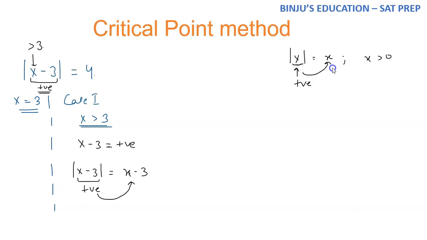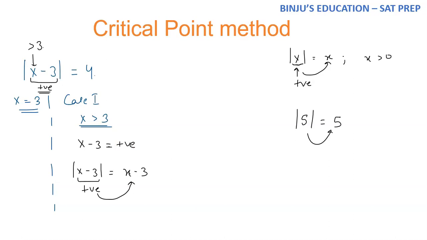since x itself is greater than 3, x minus 3 is a positive quantity. If it itself is a positive quantity, I don't have to worry about signs. I can open this function as it is, right? This is what we discussed in the first video. If you have mod of 5, this is simply equal to 5. I don't have to worry about signs because the quantity inside modulus itself is positive. So you can simply open mod of x minus 3 as simply x minus 3.